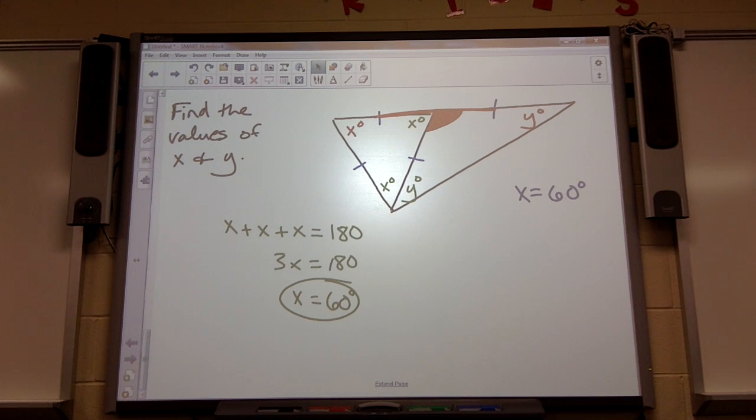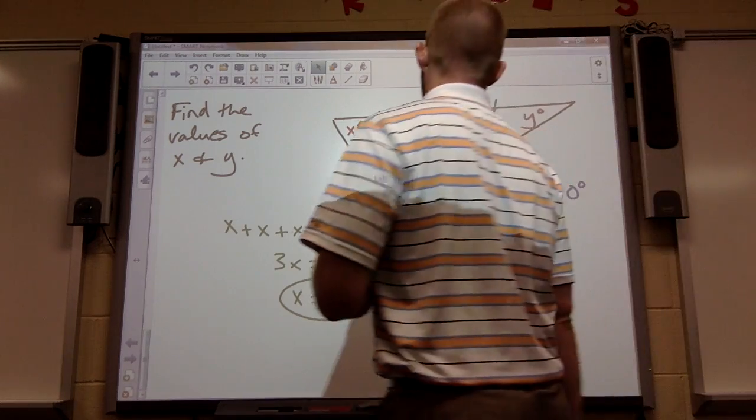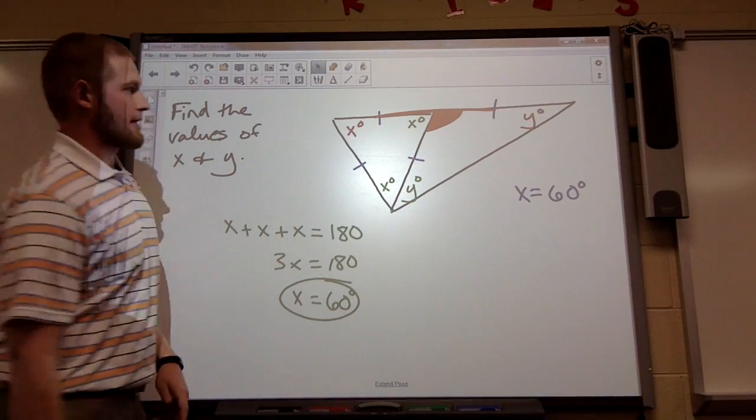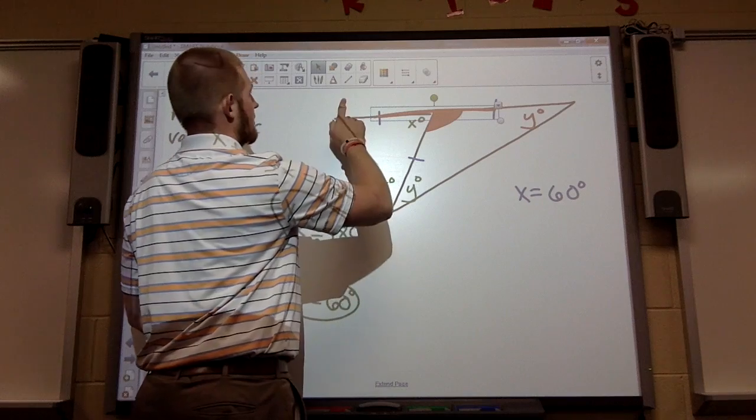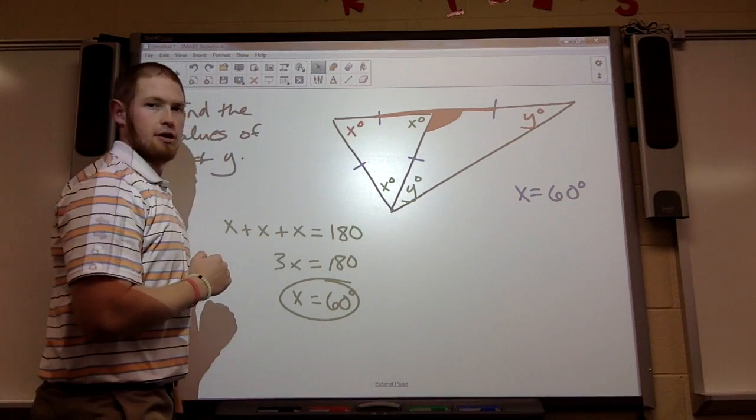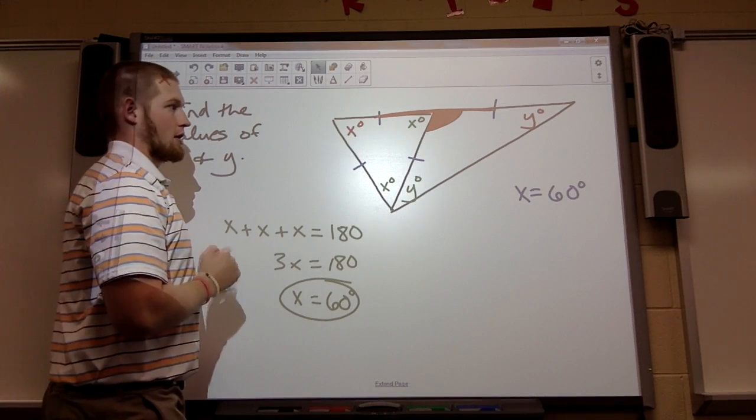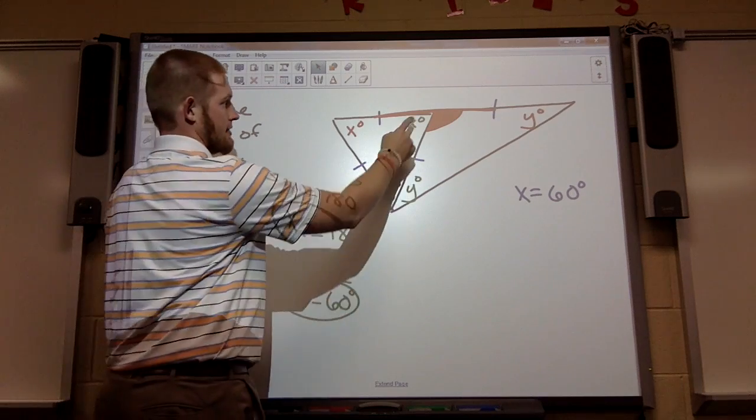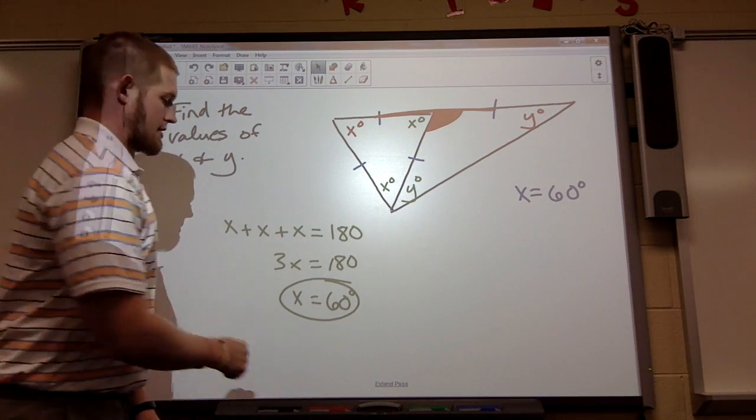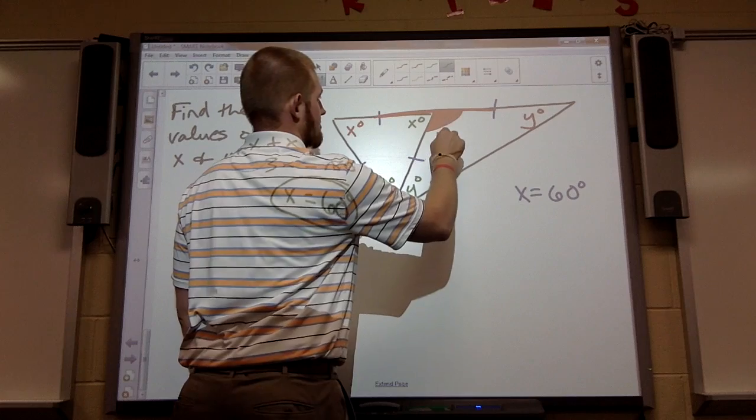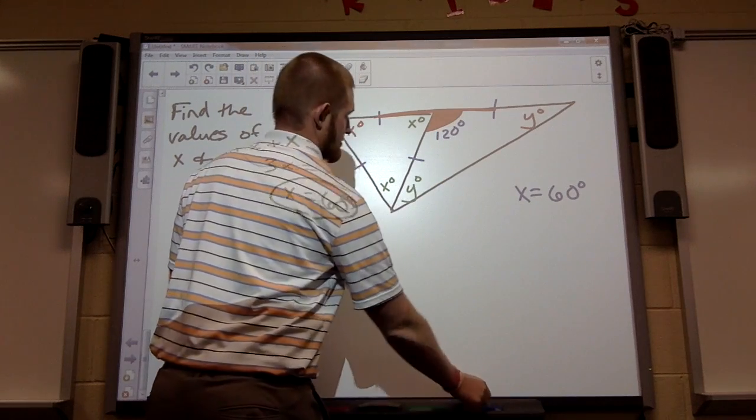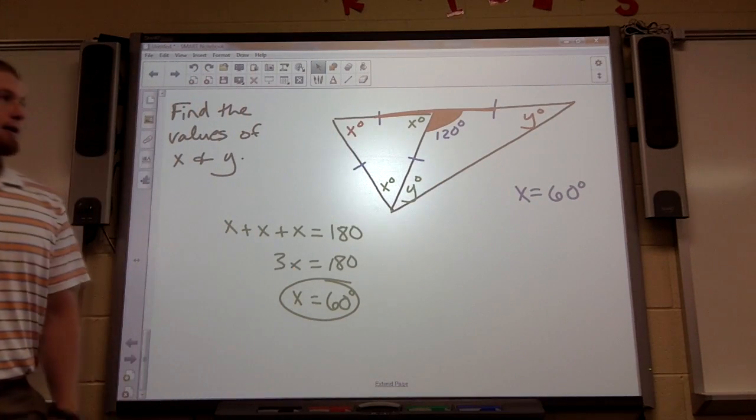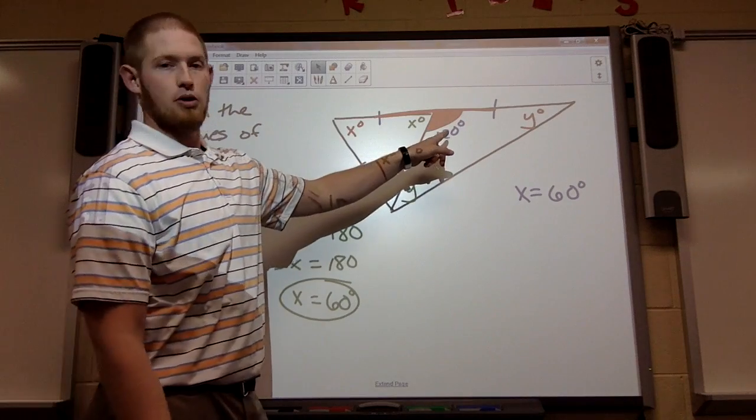Okay, so how am I going to figure out what that other angle equals? All right, we should have noticed that since they are a linear pair, they must add to 180 degrees. Well, if they add to 180 degrees and this is 60, then this angle here must be 120 degrees. All right? Now, if that's 120,